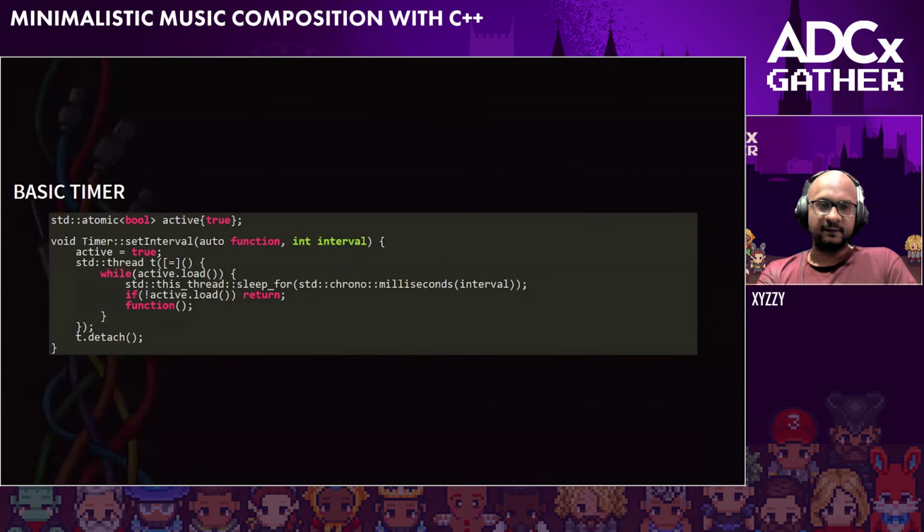And so here is a basic timer. If you're coming from the JavaScript world or the Python world, this should be fairly straightforward. My main background was primarily in those languages, so this is the first thing I got started with. This is not optimized, but it still goes far, because it is C++ and things are in general fast.